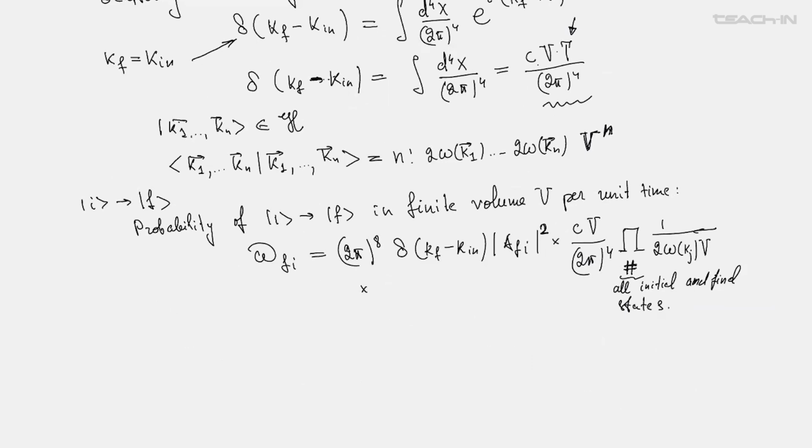I'm sorry, could you please explain what the product over all initial and final states means? You mean all pairs, or you mean